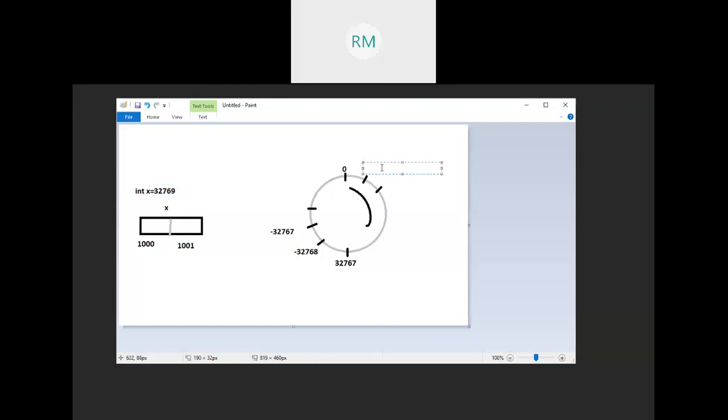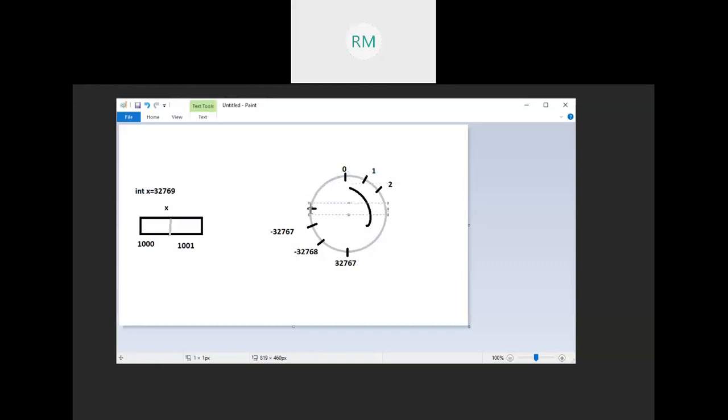Clear? Count in the clockwise direction. For example, 0, next it is 1, next it is 2. Okay. So up to 32,767, it is positive range. So again in the negative range, we have -1.